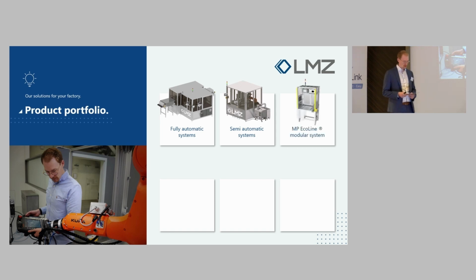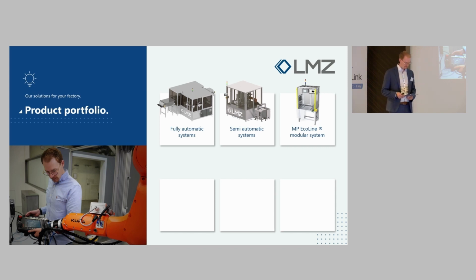Another product is our own modular system. We call it MP Ecoline. It is a modular base unit. The base unit has a PLC, safety, pneumatic, and the touch panel. On this base unit, different articles can be produced. And in the area of the base unit, via interchangeable sets, they only have to be connected with Harting connectors